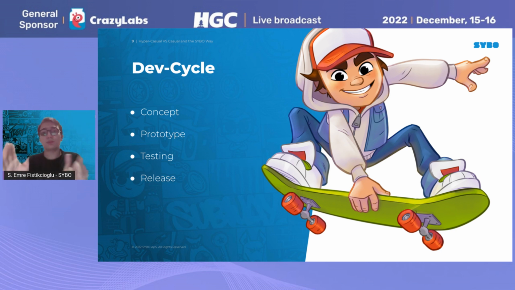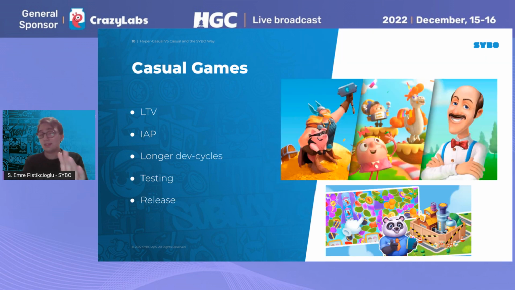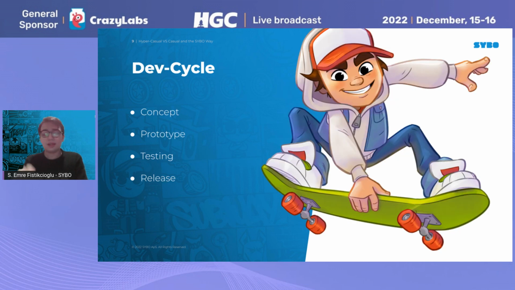Okay, you have those, you have the ideas. Now you conceptualize it. After the conceptualization part, now you have two options again, actually. You can either do the smart way or the classic way. In the smart way, you push your marketing videos instead of real games, or you can just build your prototype and do the testing.